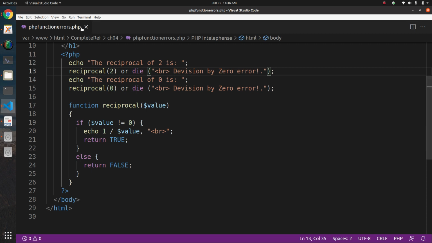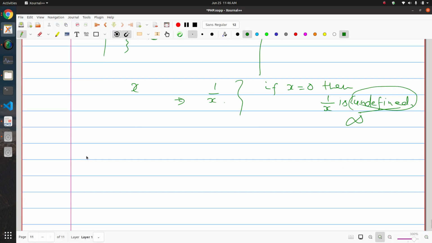Now let's move ahead with the next topic. So now we are going to discuss reading data in web pages. This is a very important part that you will use quite often, reading data in web pages. You might be knowing before that PHP is a server side scripting language. So that means you can process data on the server. To do that, you should be able to transport the data from the client side to the server side.